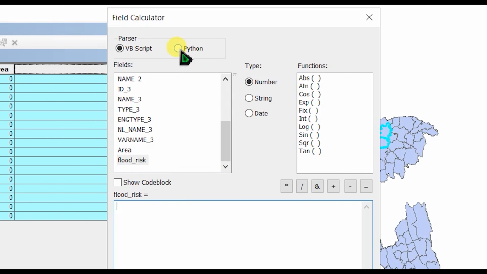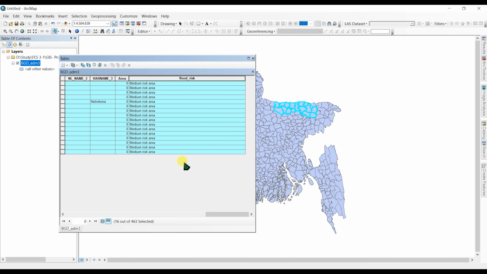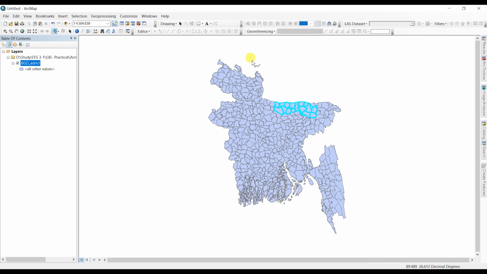Sorry, first of all select the parser as Python and flood risk dot replace, medium risk area, and click OK. Okay, here you can see. And again, if you want to assign new areas, just like this one,